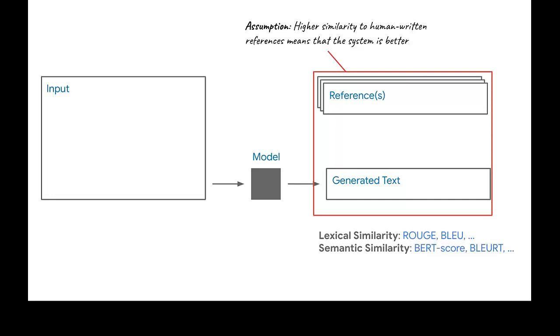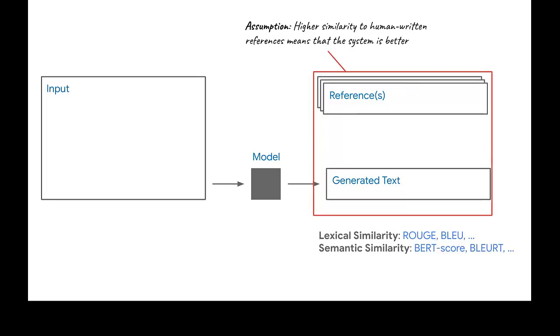As I was mentioning, this is a very traditional approach and it's been around for a long time. And the way that people have traditionally been doing this is using lexical similarity between the two, using metrics like ROUGE or BLEU, where we simply compare which words from generated text also appear in the references, or the other way around, which words from the references appear in our generated text.